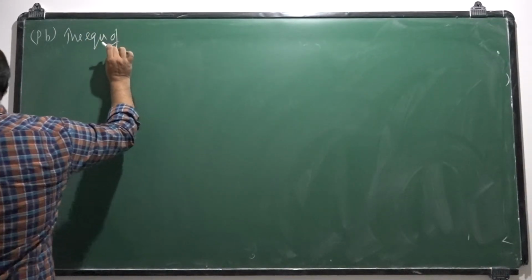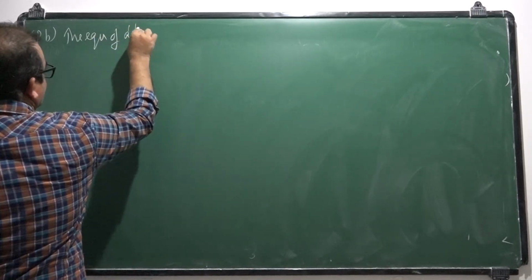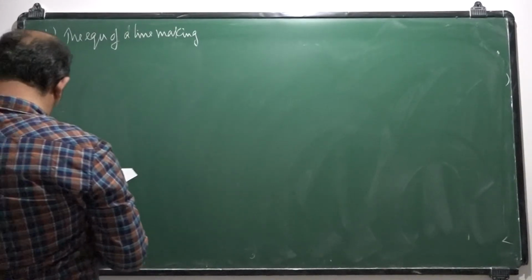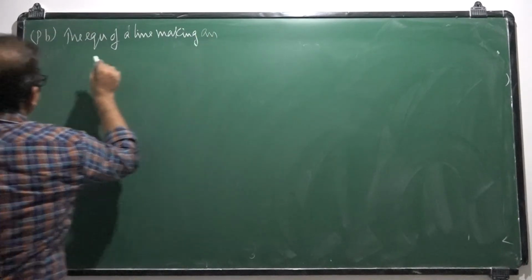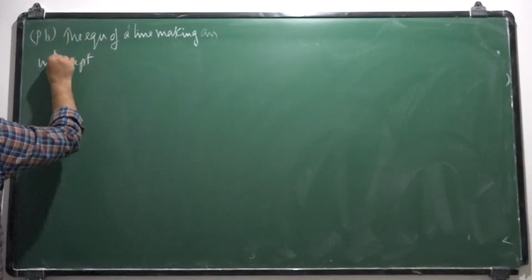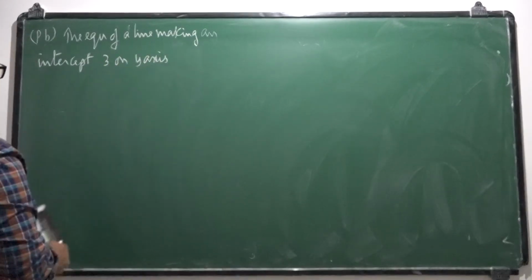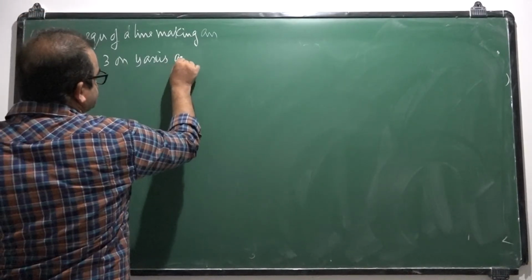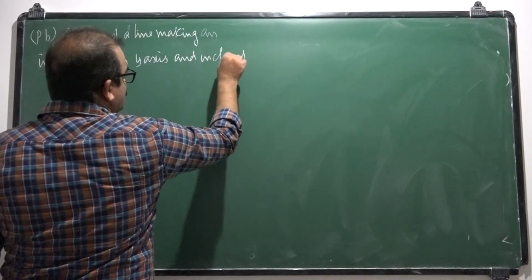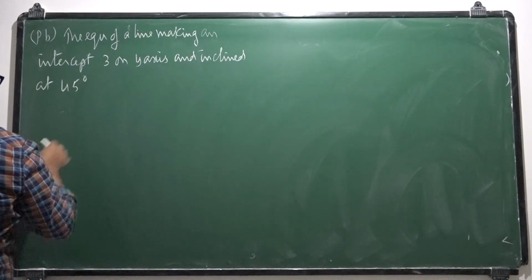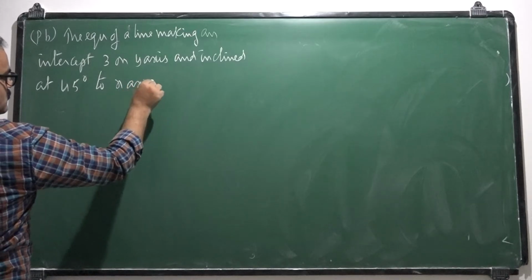Next problem. The equation of a line making an intercept 3 on y-axis and inclined at 45 degrees to x-axis is